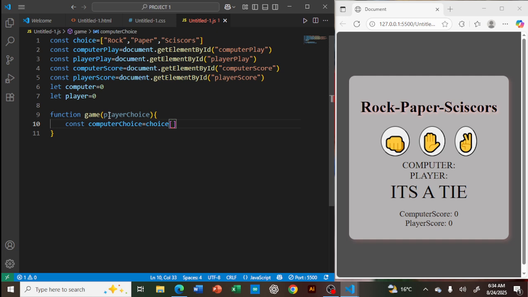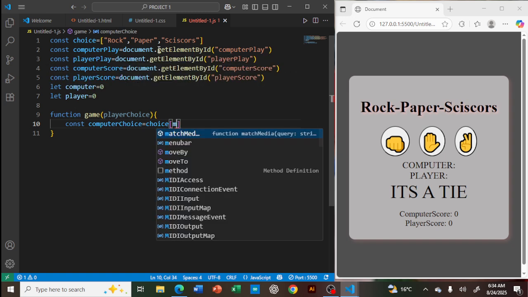So when the number is 0 or the number is 1, it's going to know from this array. Let's take maybe a paper, rock, or scissors randomly, any of these, depending on what number has been selected randomly, using this function